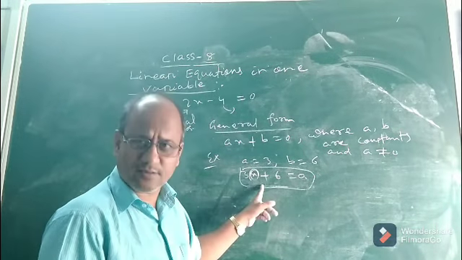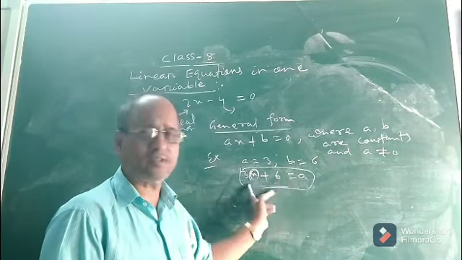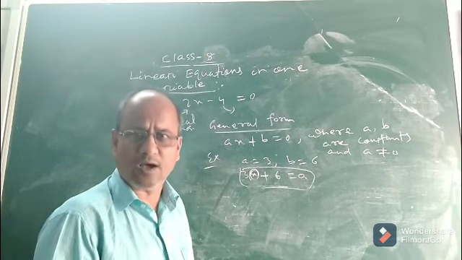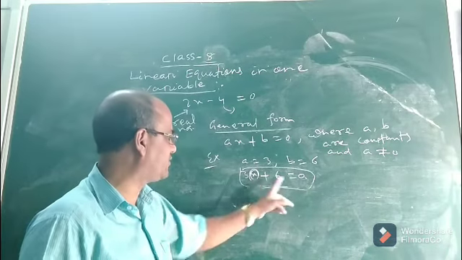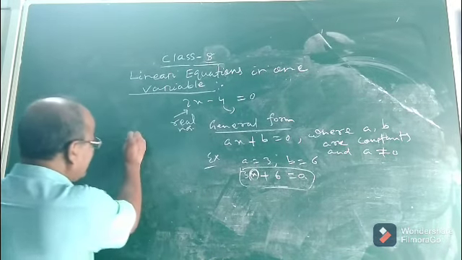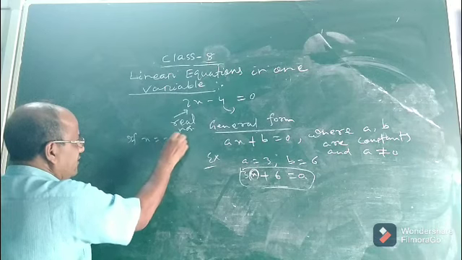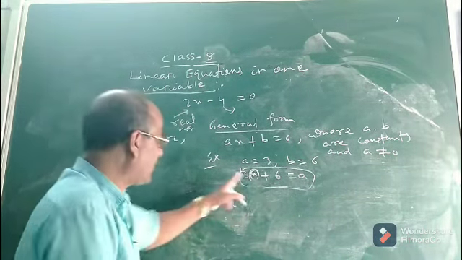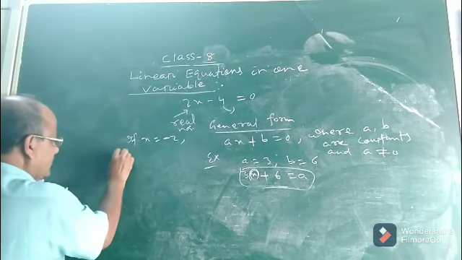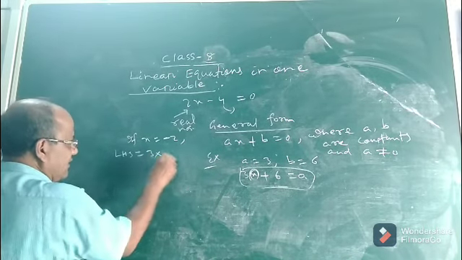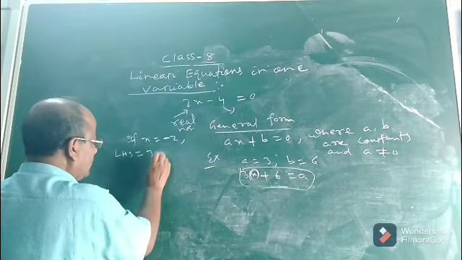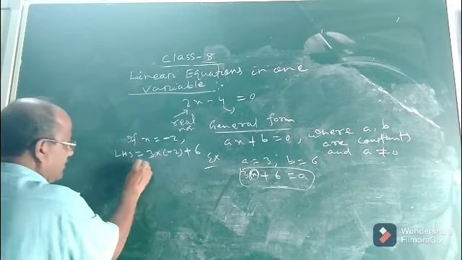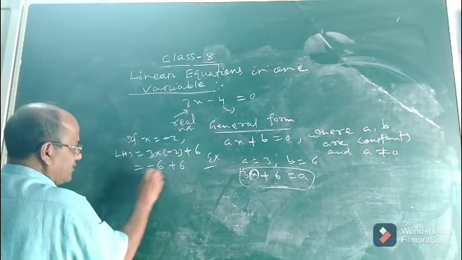Okay. So now if I ask you for what value of x this equation will be satisfied, meaning the LHS and RHS of this equation will be equal. Who can say the answer? Anyone? You see, it will be minus 2. If x is taken as minus 2, which is a negative integer, now you put this value in the LHS. LHS equal to 3 into x, which is minus 2, so 3 into minus 2 plus 6. 3 into minus 2 is minus 6, plus 6 equal to 0.